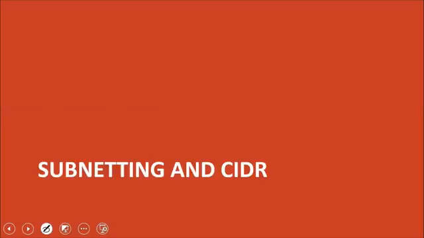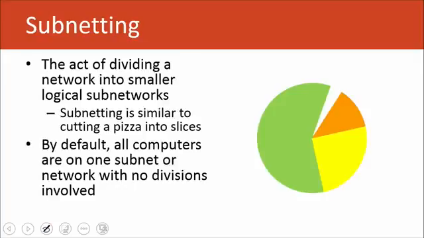All right, so lastly in our voyage through IPv4, we're going to talk about subnetting and CIDR. Subnetting is simply the act of dividing a network into smaller subnetworks. It's similar to taking a big old pizza and cutting it into slices, and the size of those slices differs based on the objective, right? You can make bigger or smaller slices. By default, all computers are like one big pizza. They're just one subnet or network with no divisions involved. So we have to make sure that we subnet them. That's where the term subnet comes from, by the way,